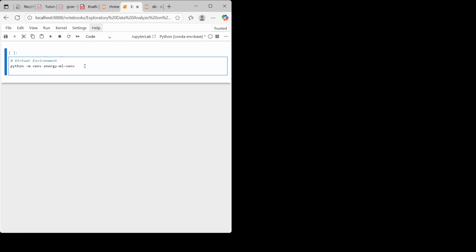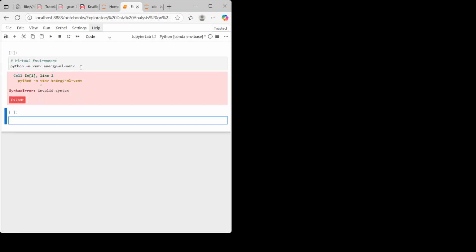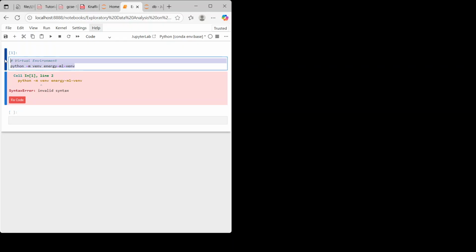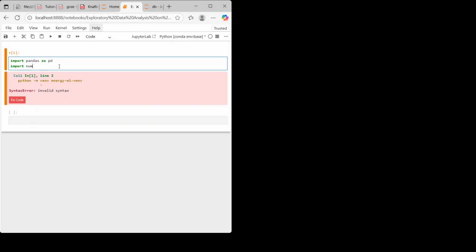Now that we've created it, we need to activate it. It will tell you that it is an invalid syntax because this is not VS Code and it's not going to give you the work you need. So what we are going to do is we will just jump straight into it, and import numpy as np,